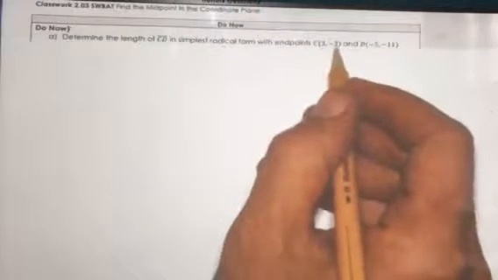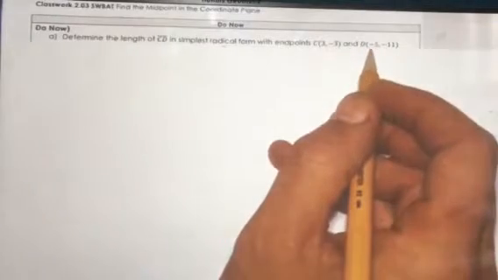All right, objective 2.03. Students will be able to find the midpoint in the coordinate plane. I think you'll like this objective. I think you'll find that it makes a lot of sense and that it comes pretty naturally to you. The do now. Determine the length of line segment CD in simplest radical form with endpoints at C (3, -3)